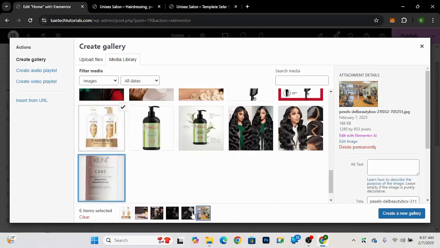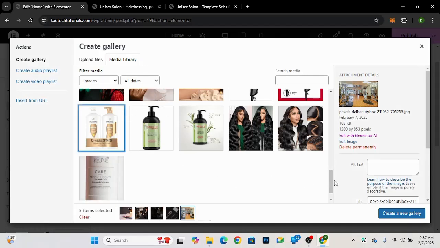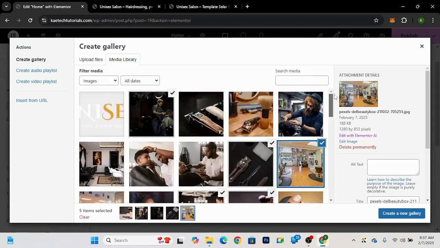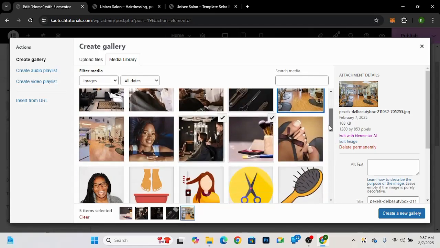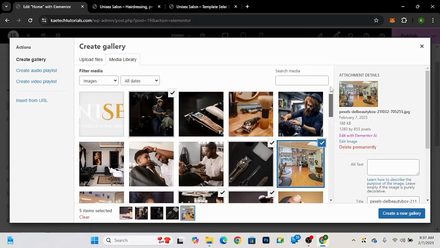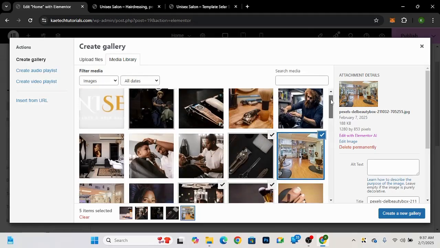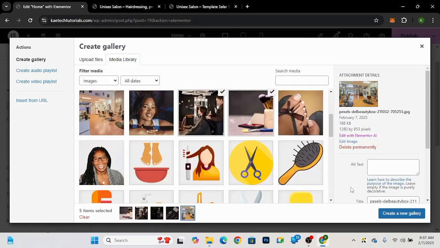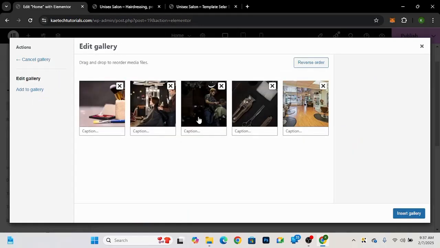So 1, 2, 3, 4, 5. Where is this? Okay, so this particular one. So 5 images that we have selected: 1, 2, 3, 4, 1, 2, 3, 4, 5. Okay, so 5 images. So I'm going to click on create a gallery to create a gallery for it, and